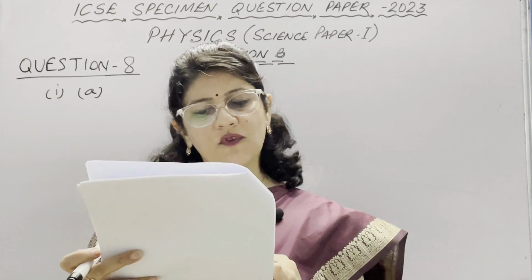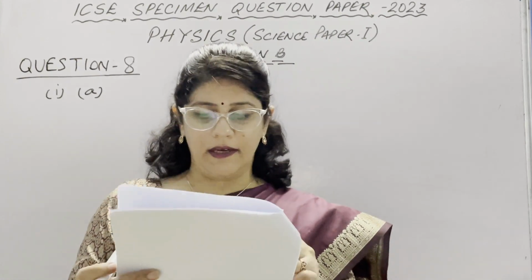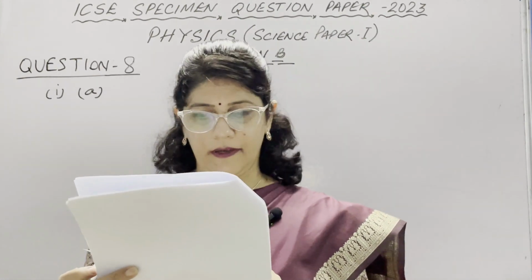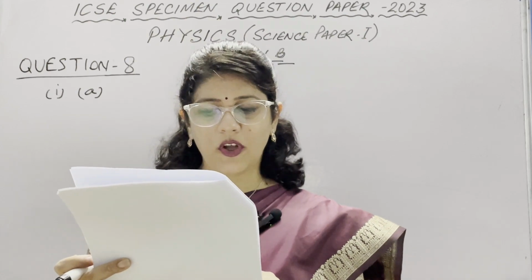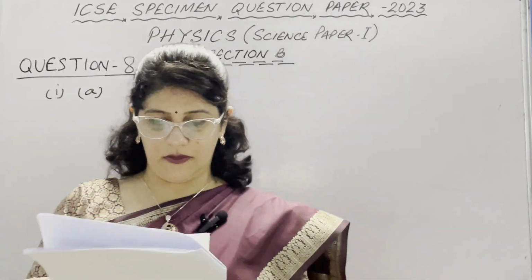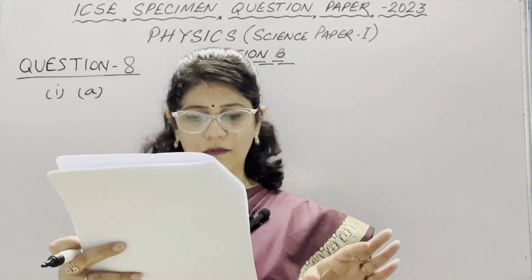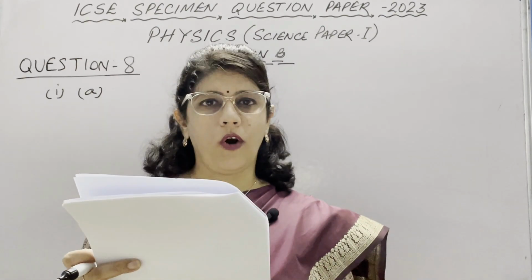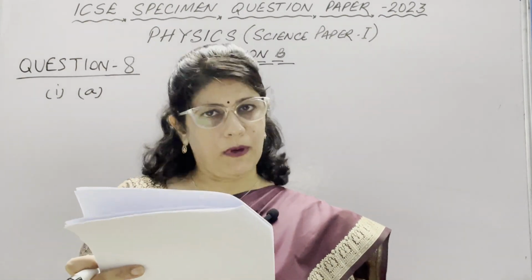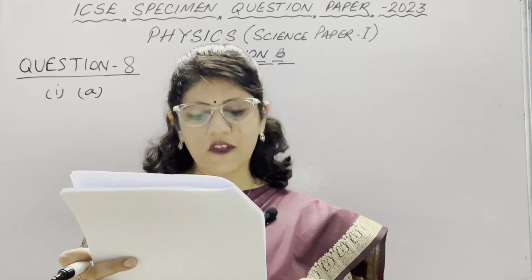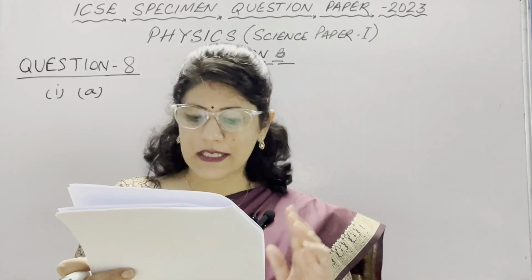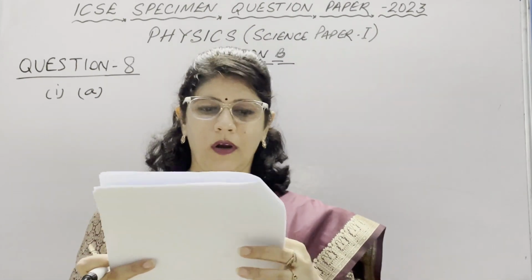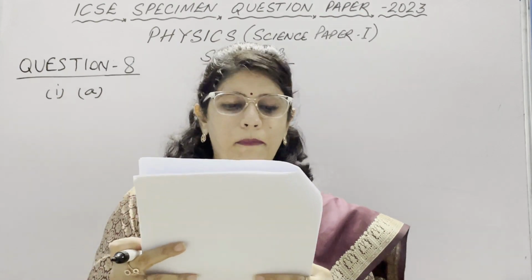In B part, in which wire is the fuse connected in a circuit? It is connected in the live wire. In C part, state the function of the main switch in an electric circuit. The main switch at the distribution board is used to switch on and off the main supply, and it is a double pole switch. It disconnects both the live and the neutral wire simultaneously if any repair work is required. This is our part 1.